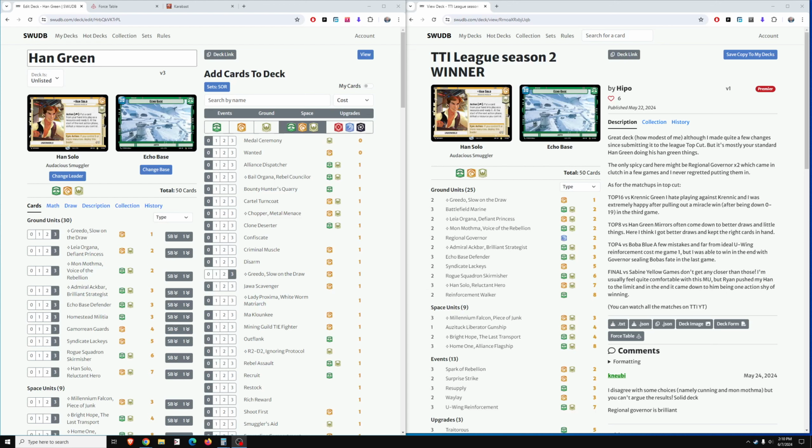Good afternoon. We're back with more Star Wars Unlimited. Today will be a deck spotlight for Han Green. The deck on the right is the inspiration, but I made pretty significant changes to it in this instance